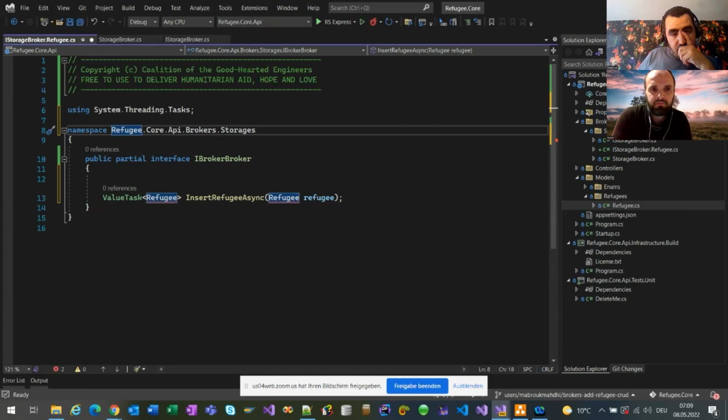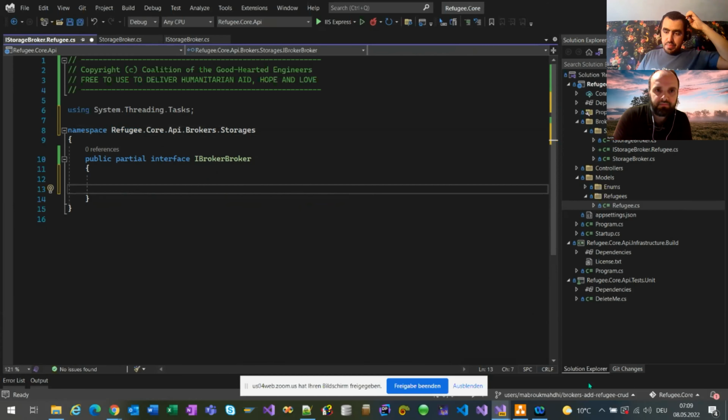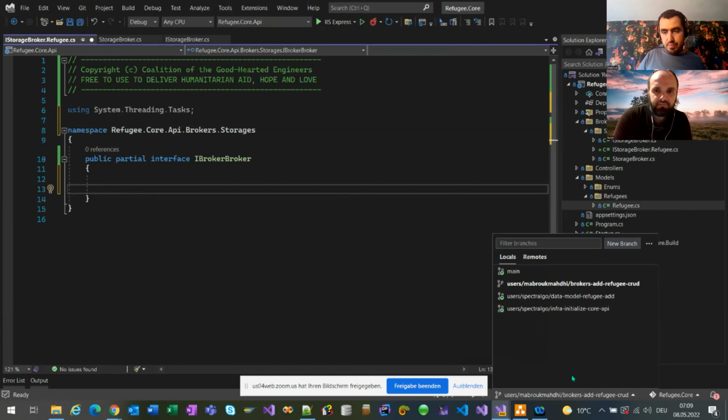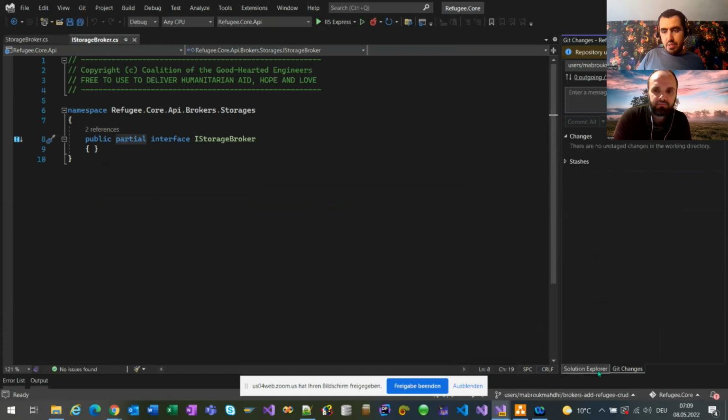We have to rename it, because otherwise we cannot choose refugee. Yeah, we need to use refugee. I will keep this. Yeah, you're right. The right thing to do